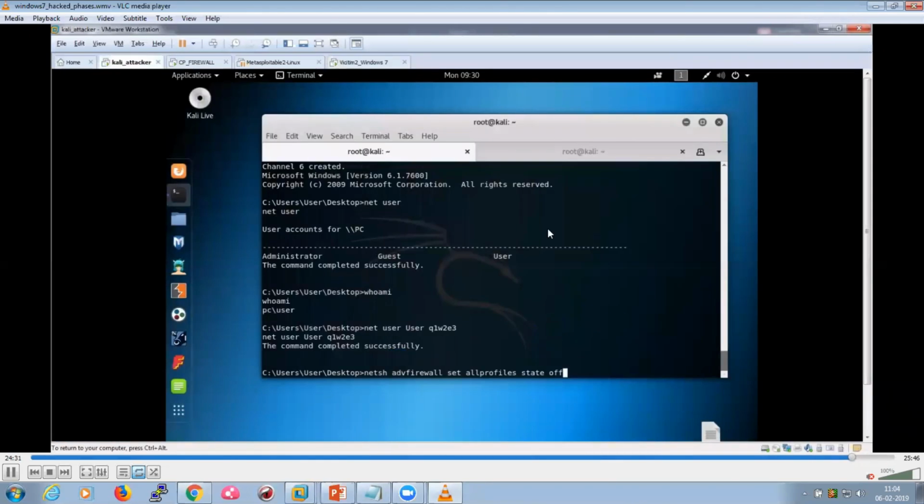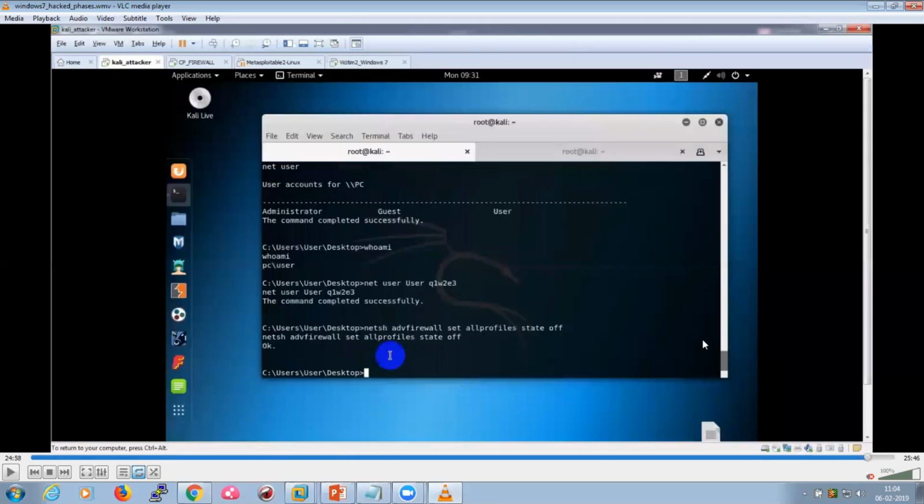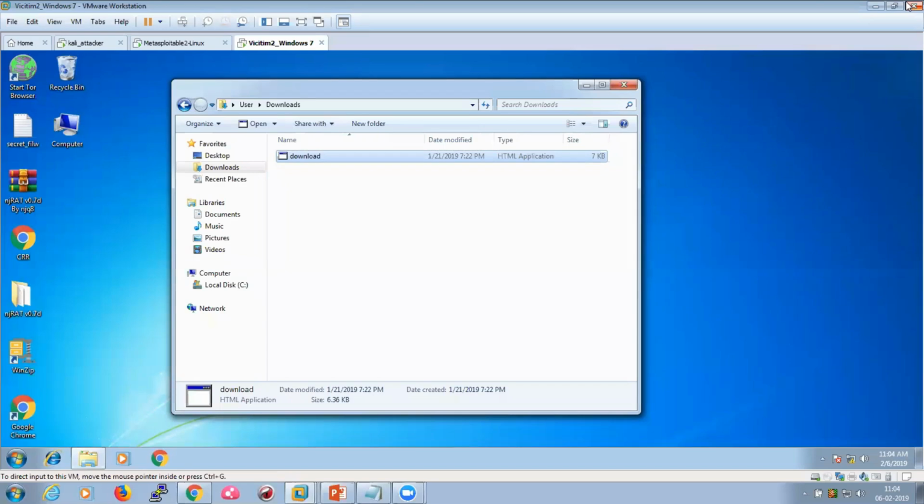So literally, an attacker can do anything on the victim machine if he gets full control over it, for example, turning off the firewalls, turning off the antivirus, taking remote access using remote desktop, and many more, and literally hardening that victim machine so that it can be used for future purposes, if anything. So that's all, a small demonstration